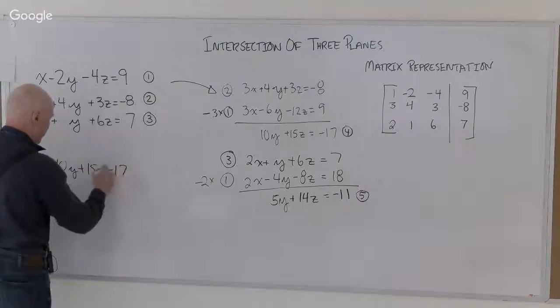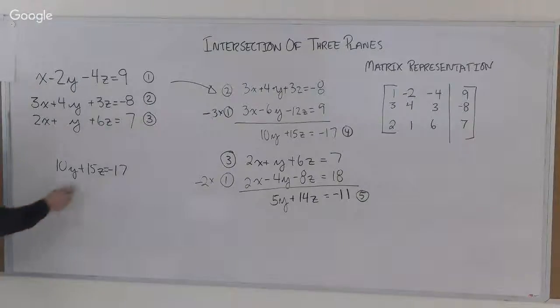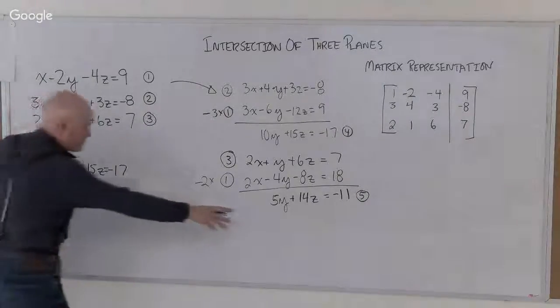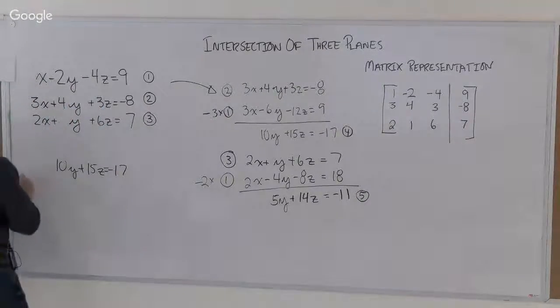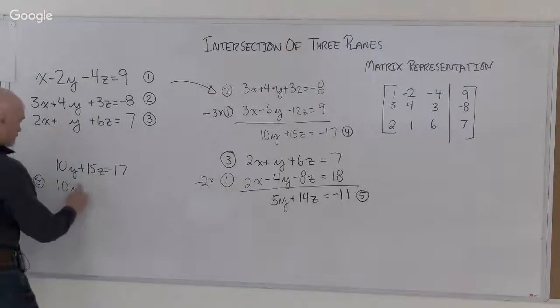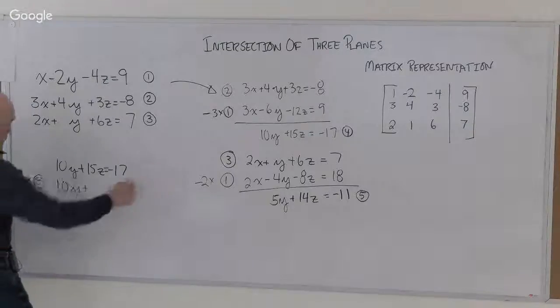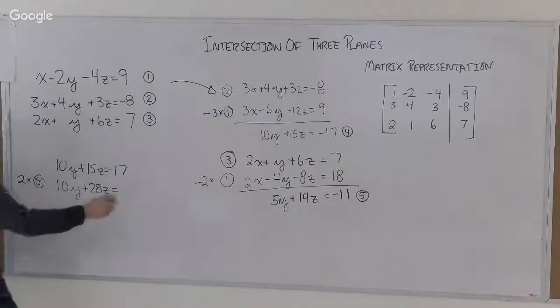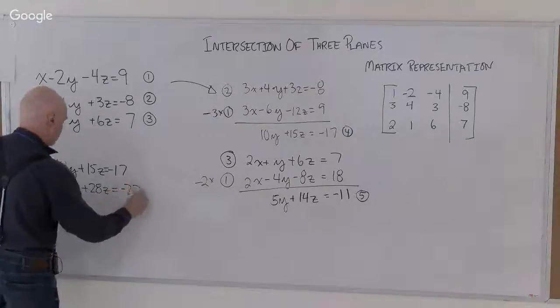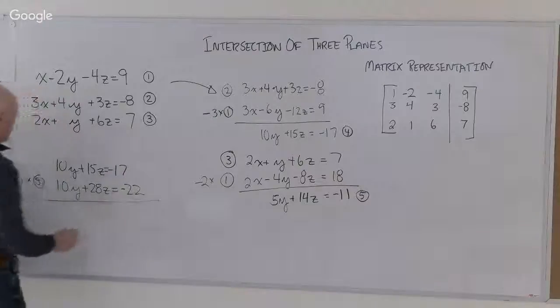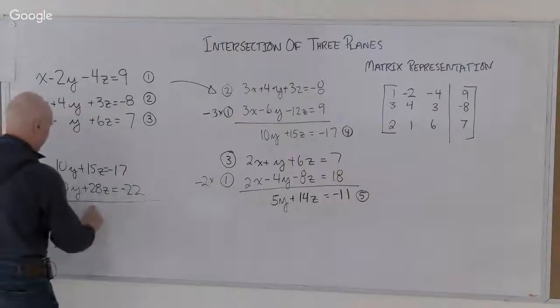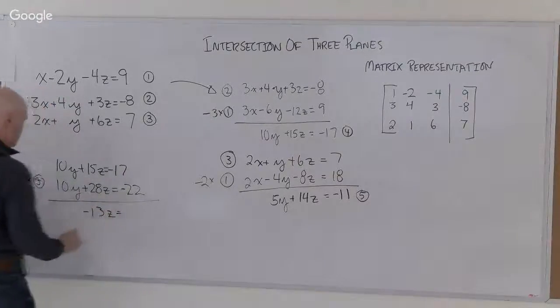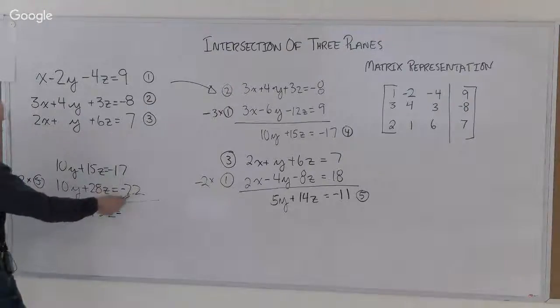15z is -17. And now I'm going to do 2 times equation 5, which gets me 10y plus 28z, and is equal to -22. All right, I'm going to subtract these. So I got -13z is equal to -17 plus 22